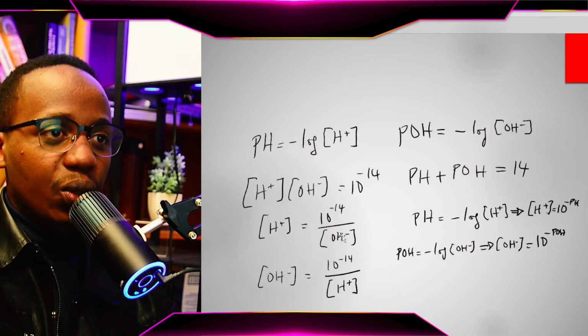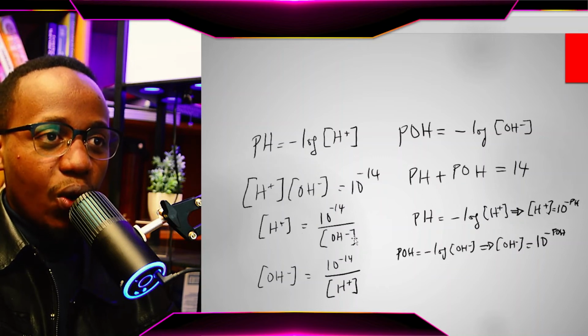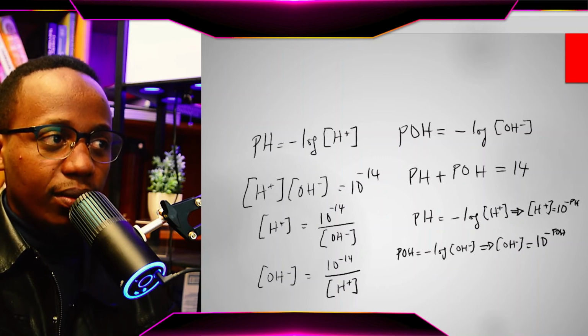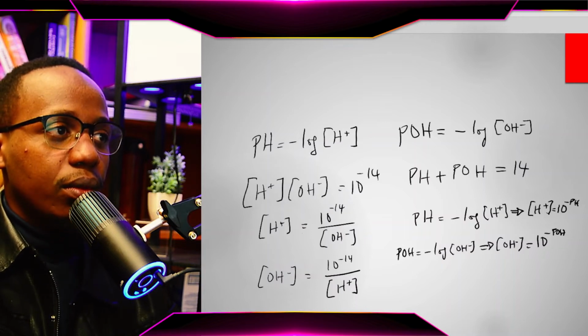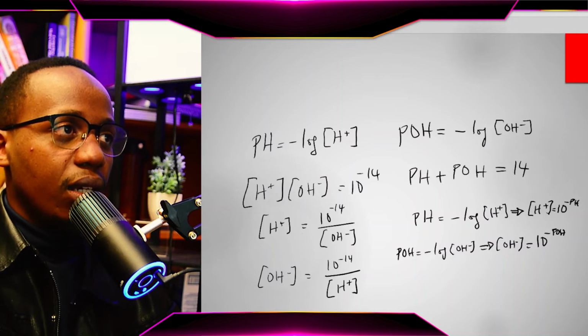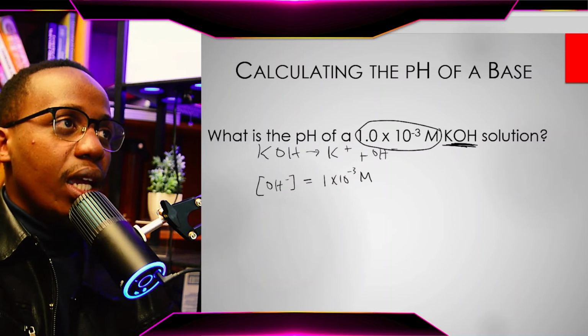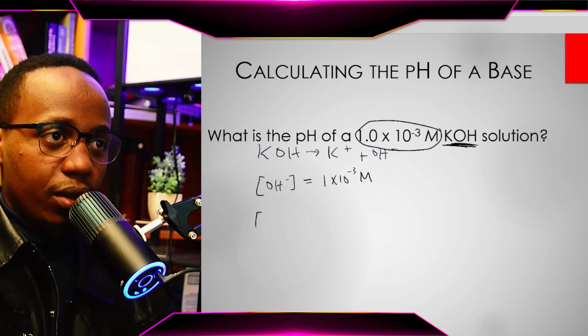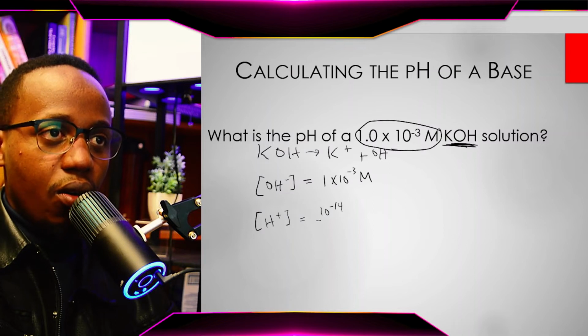If you have the OH concentration, H plus is going to be equal to 10 to the negative 14 over the OH concentration. That means we can easily calculate it. So if you have OH, you can calculate the H plus concentration, which is equal to 10 to the negative 14 over